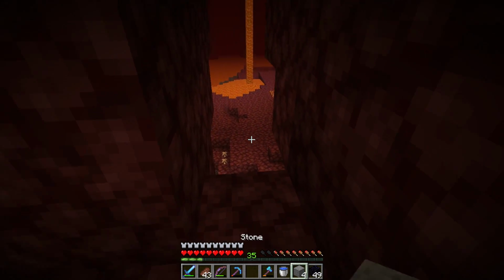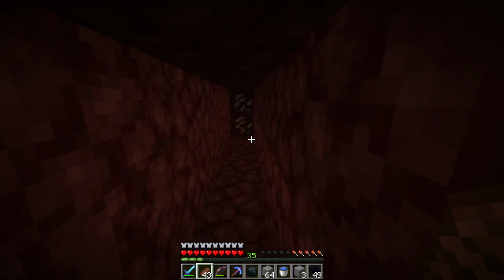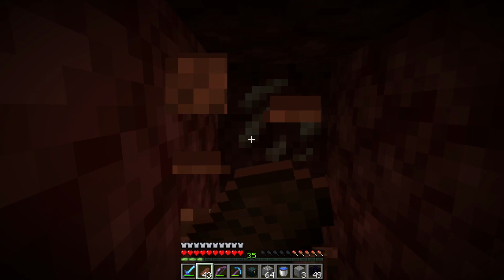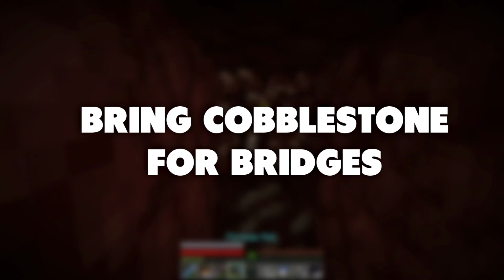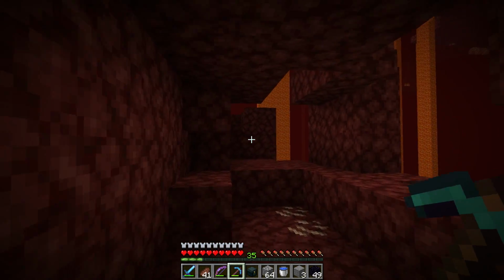Yeah. And we're going to block that off just so I don't fall. And remember, whenever you are tunneling or bridging in the nether, like what we're doing today, I recommend you bring cobblestone. Cobblestone won't break if a ghast rudely shoots at it, so that means you won't fall if the...